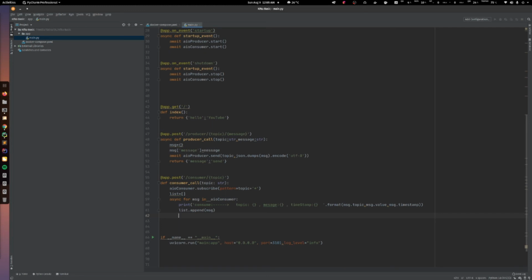So for decoding and getting the value, you can say value equal to message dot value dot decode, and pass UTF-8.